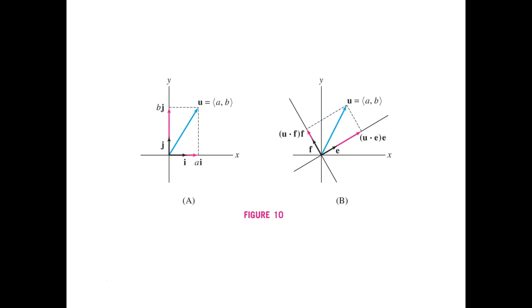So basically what they're saying is, now let's just deal with the plane, not free space. If we say this vector U going out in that direction has a component in the I direction and one in the J direction. So A, B, where A is a component in the positive X direction, B is a component in the positive J direction. However, that same vector U, if you're referring to not the XY coordinate, but some other vector B,